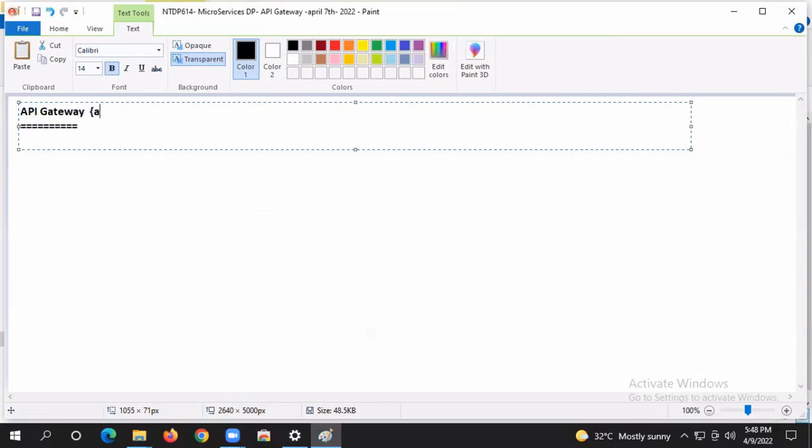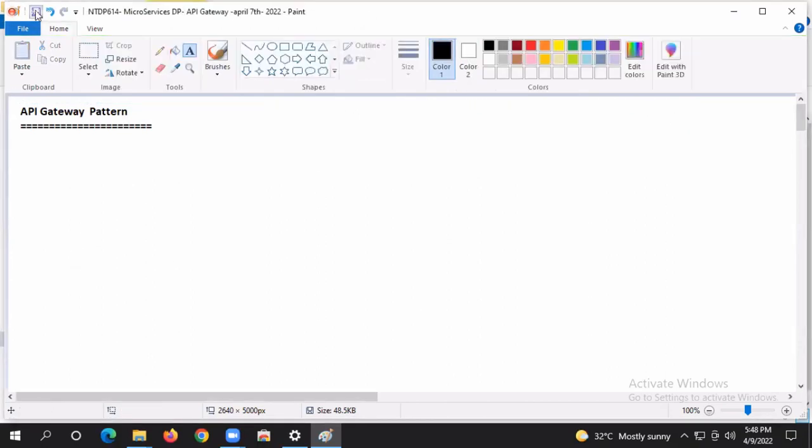API gateway pattern, guys. Right, everyone listen carefully. API gateway pattern. Tell me, what is the problem with